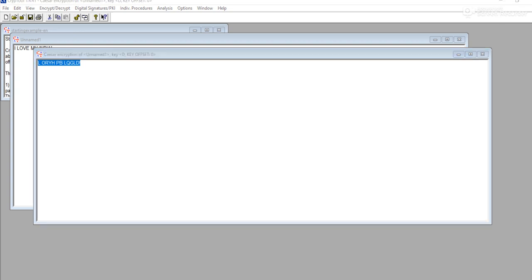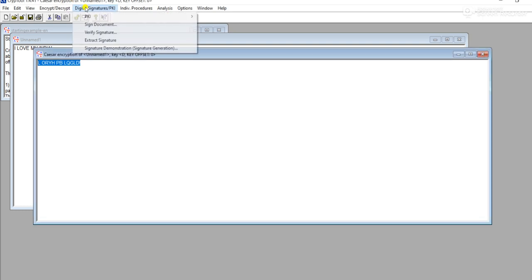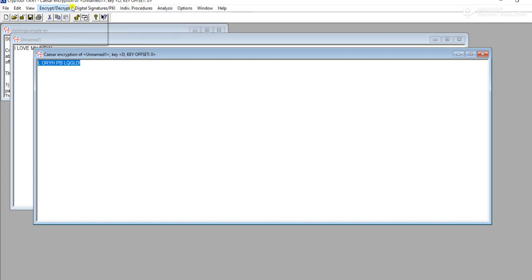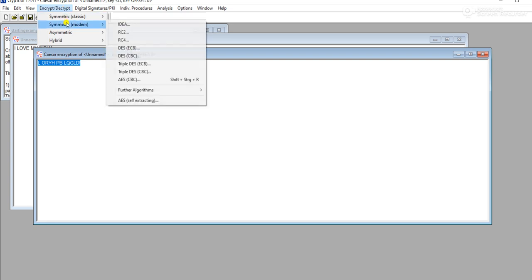So friends, this was the simplest example to perform encryption. This is one of the simplest techniques of encryption. If you want to learn more techniques and explore this tool, it is provided in the menu. Various menus are provided, wherein you can create a digital signature, and various encryption techniques are there.